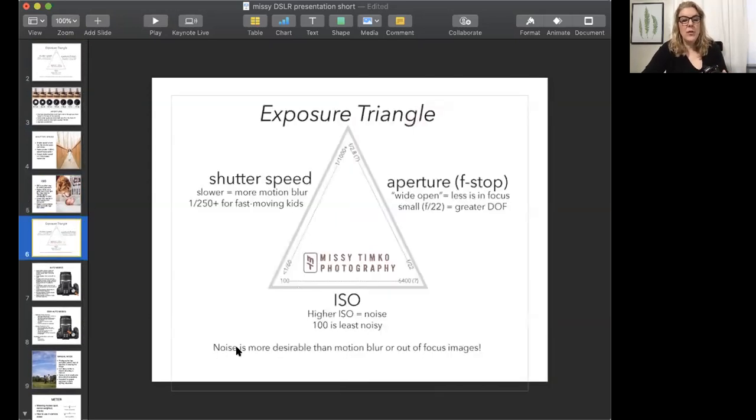Okay, so at the bottom here, I wrote noise is more desirable than motion blur or out of focus images. So that's my advice: increase your ISO as high as it needs to be to get that photo. So as long as you are as low as you can be on shutter speed, which might be 1/500th of a second, 1/250th of a second, it just depends on what you're photographing, and you're at the widest aperture you can be while still keeping your subject in focus, so you have enough depth of field, once you get to those 2 places, feel free to raise your ISO